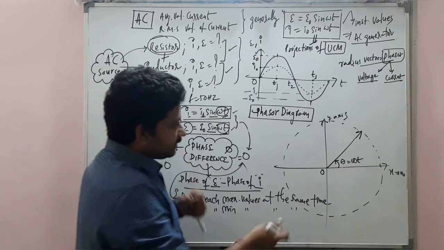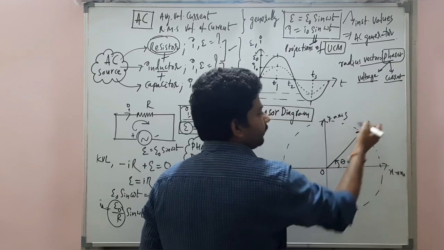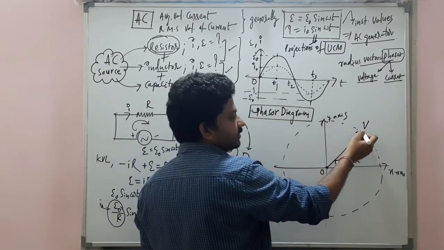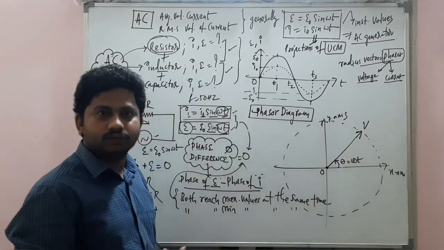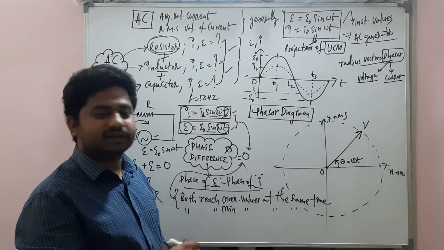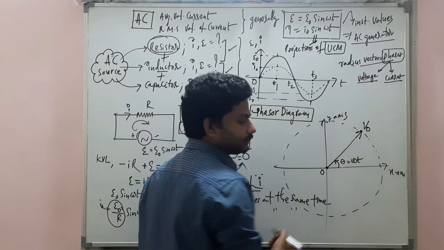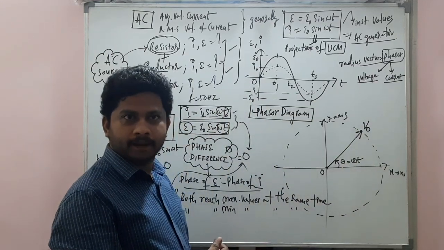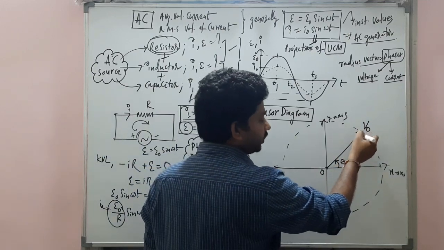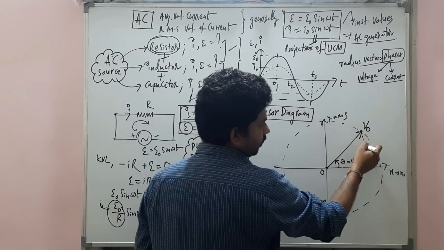Now, imagine this radius vector represents the voltage OV. The length of this radius vector represents its magnitude. That's called the peak value. The length of this radius vector represents its peak value. So that is V0. This is V0. And this V0 radius vector will have its own projections on the